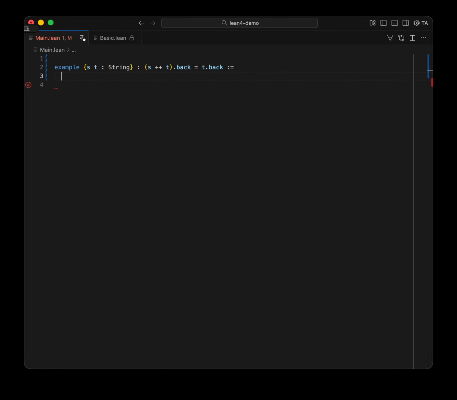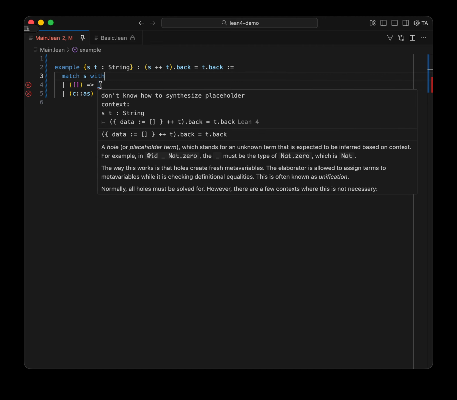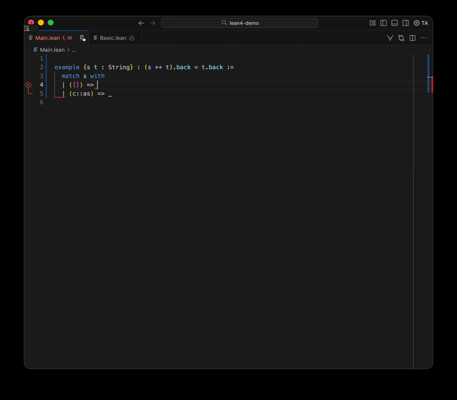Okay, I'll assume that you know what induction is, and then I'll be inducting on S. S could be an empty string. That's one case. Okay, for this case, just reflexivity. By definition,